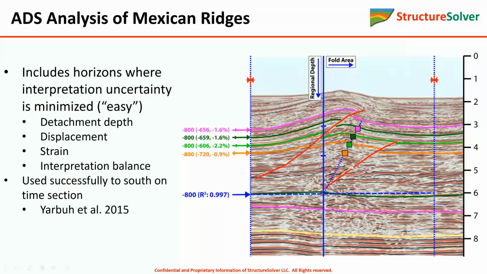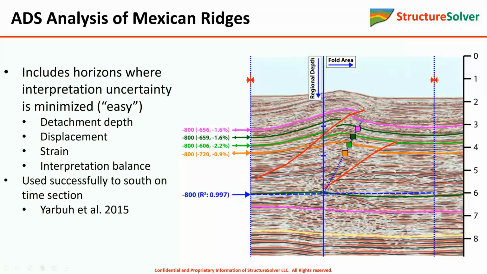And it also indicates that despite the fact that there is some indication of faulting at the core of the fold, there really doesn't seem to be a mid-level detachment, because we've got a nice linear trend that's consistent with this entire structure responding to displacement at a deep level. And so even if there are some detachments that kind of come out, all of that displacement appears to be